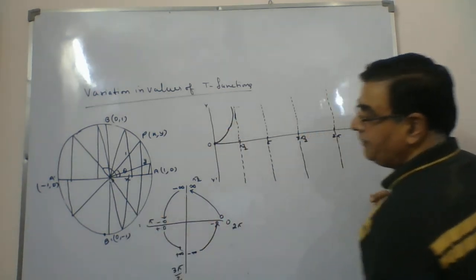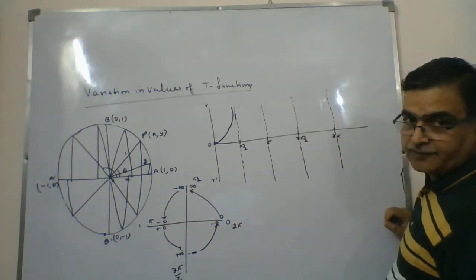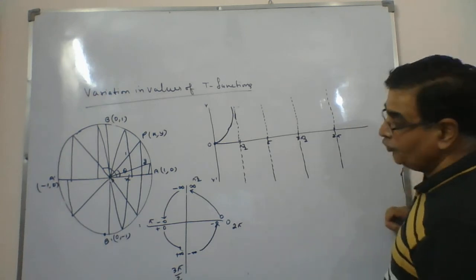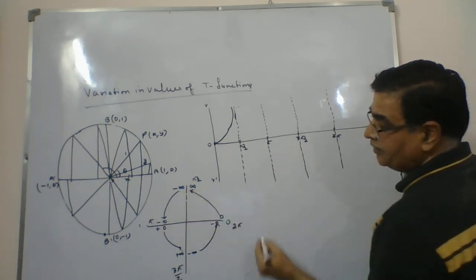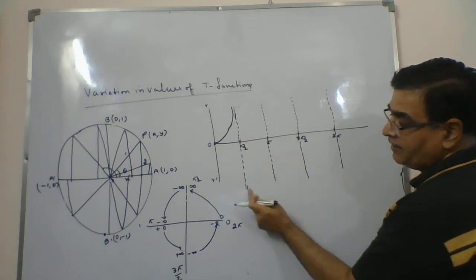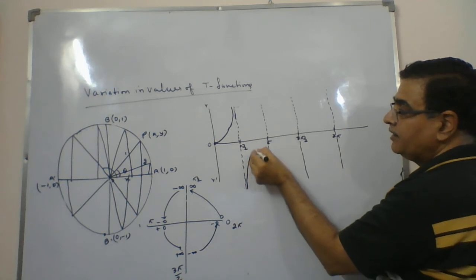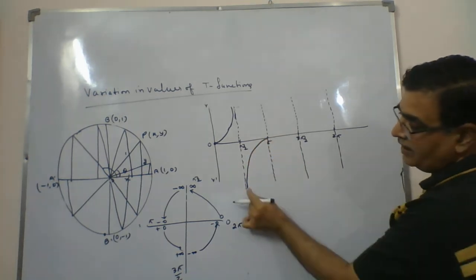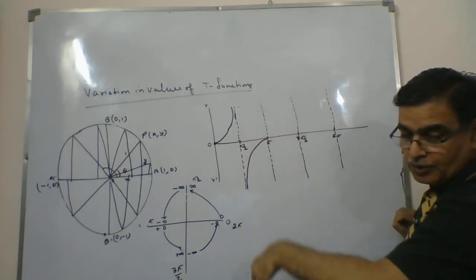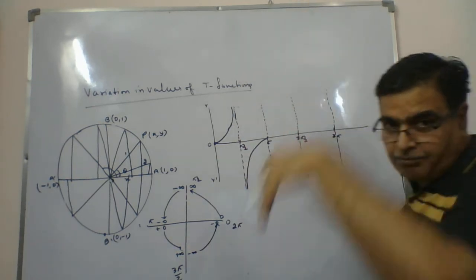Then pi by 2 plus, meaning when it goes slightly to the positive side, more than pi by 2, it will come from minus infinity. So we will say the line will come from here. Again it is parallel, not going to touch. At pi it becomes 0. Again it is minus infinity, meaning it is going to touch this dotted line at infinity. Which infinity? Minus infinity.